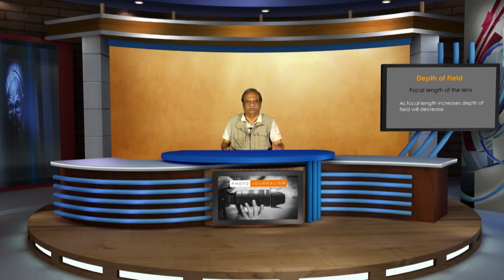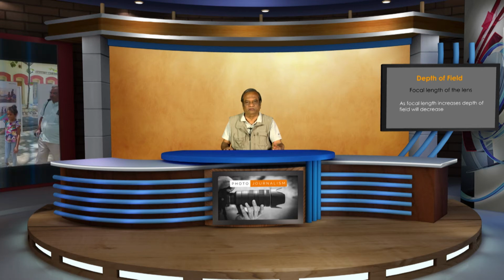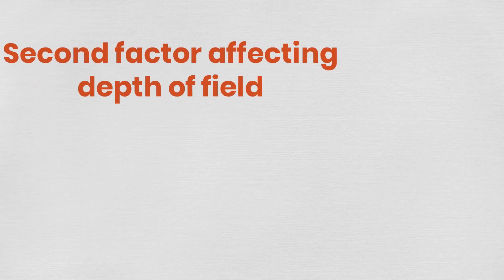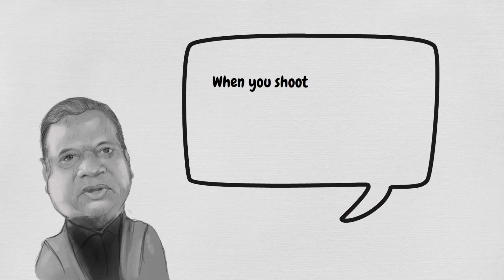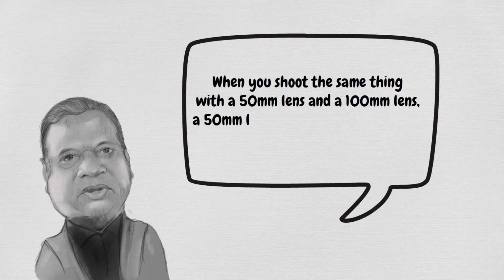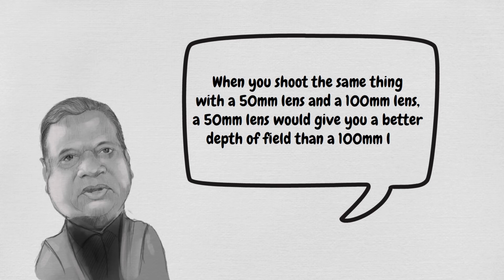The second factor affecting depth of field is the focal length of the lens. As focal length increases, depth of field will decrease. When you shoot something with a 50 mm lens and the same thing with a 100 mm lens, a 50 mm lens would give you a better range of focus, a better depth of field than a